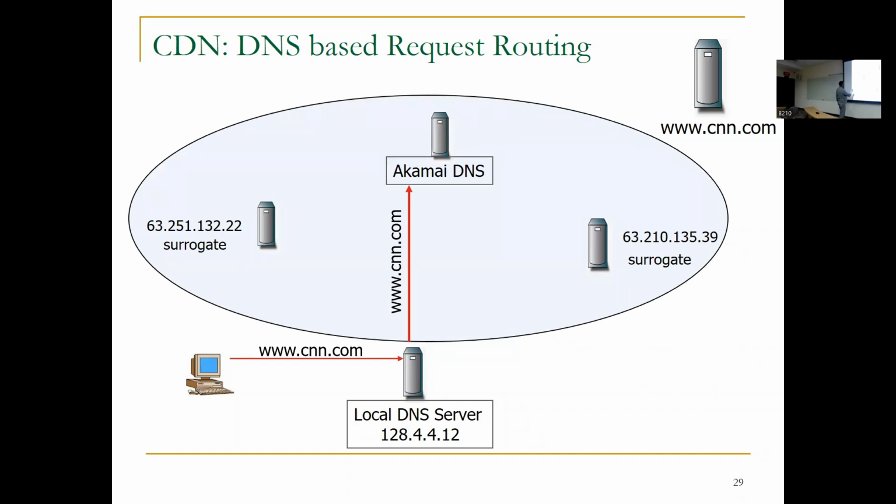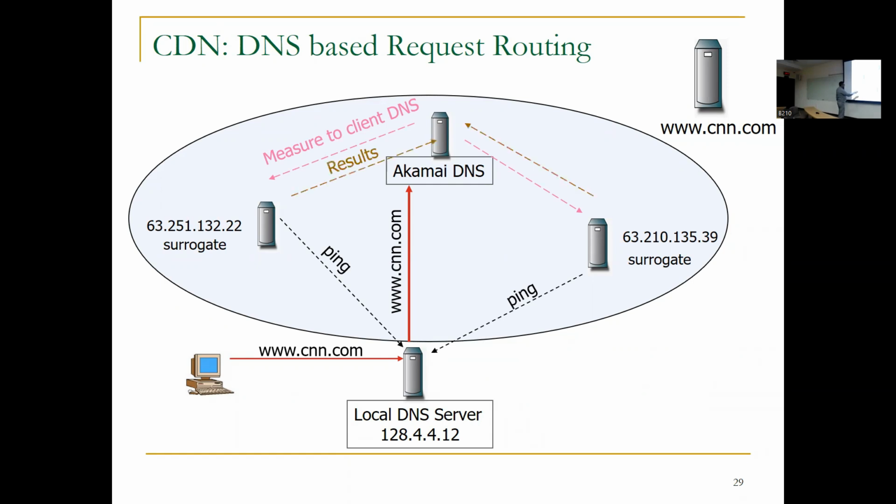Now it has to identify which is closer. So it will do some kind of routine exercise. It will check who are the nearby servers, and then find out the round trip time to this customer. It will ping and find the round trip time, and based on the result, this server will give the result. Now this will decide which is good for this user. Let's say this one is good, meaning nearby to this user. It will find and give the IP of this server to this machine, and then send it here.